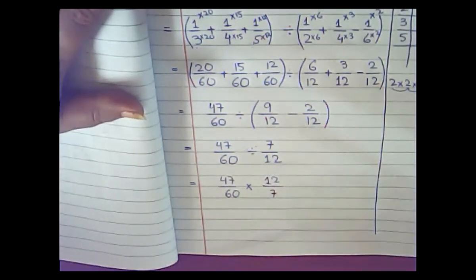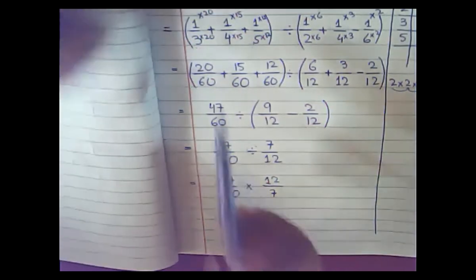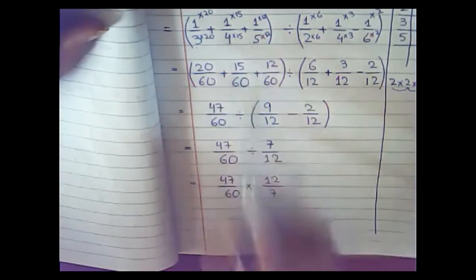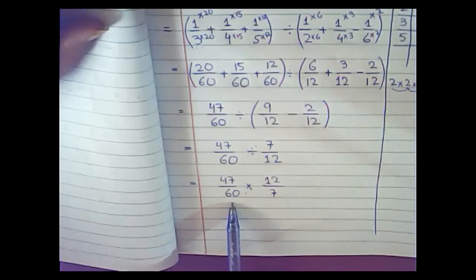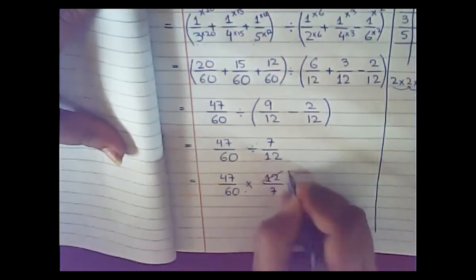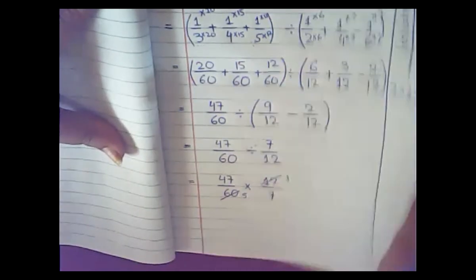That's it. Now what you have to do here, here you have the sign of multiplication. Okay, where you have addition, you make the denominators common. But here you have multiplication, so instead of making denominators common, you will simply reduce it. How will you reduce it? 12 ones are 12 and 12 fives are 60.